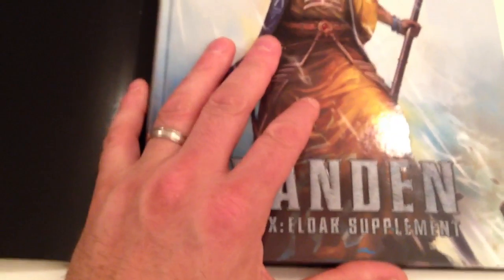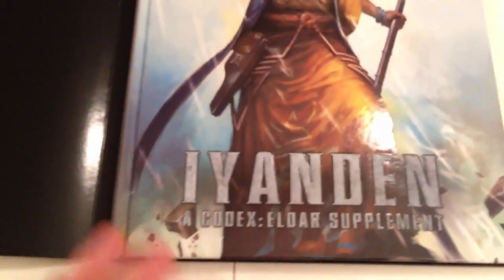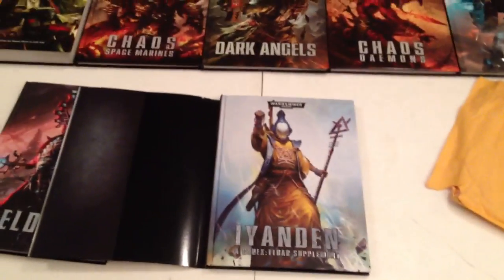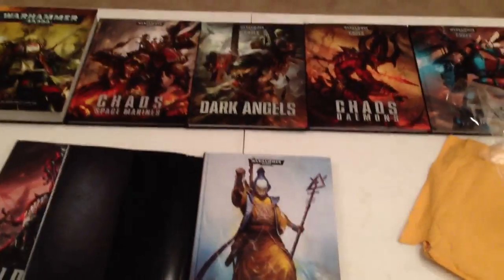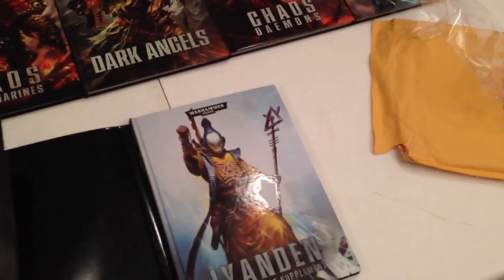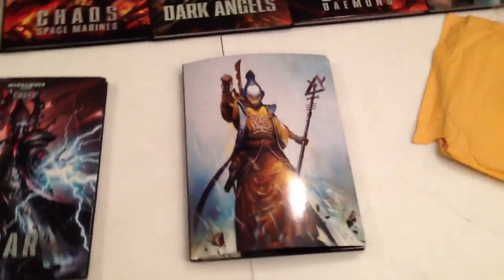So my suggestion is if you are a casual collector, it's not for you. If you are an Iyanden fan and want to play it, it's a definite must for the rules. Or if you're a hardcore collector, then yes, of course, you're going to pick it up no matter the price. So anyhow, that's a first look at the